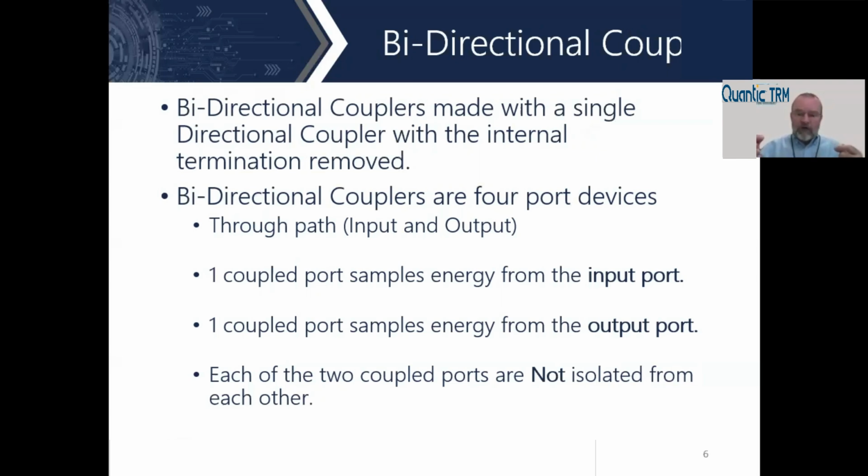A dual directional coupler has those two output sample ports for forward and reverse direction isolated. In a bidirectional coupler, they are not isolated at all. It is a single wire going through the device and coming back out again. So for certain applications, again, this can be useful. It is far less popular to build a bidirectional coupler because of the fact that the two outputs are not isolated from each other. Yeah, so now I can see this is going to ultimately lead us to some of the nuances